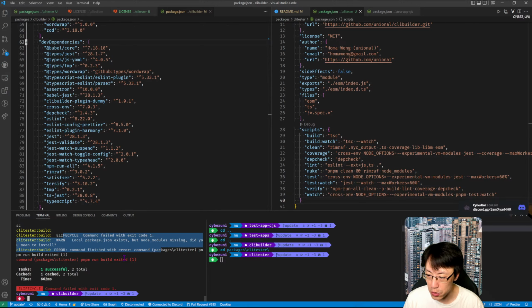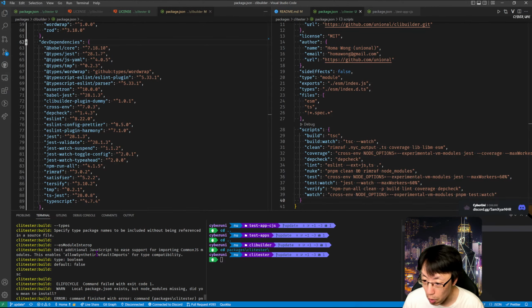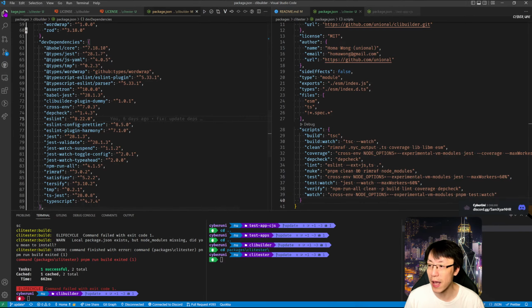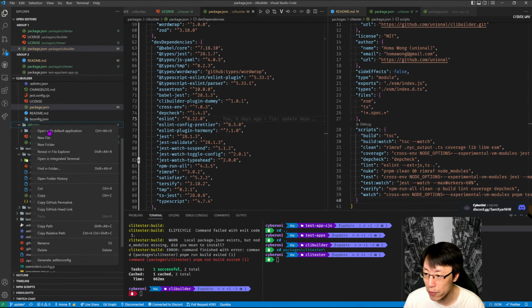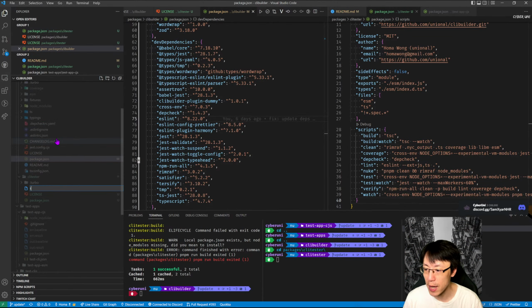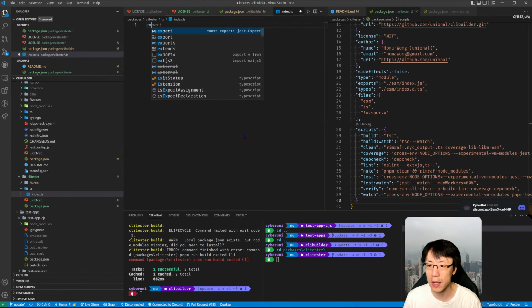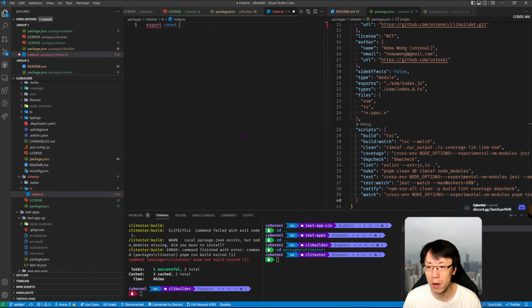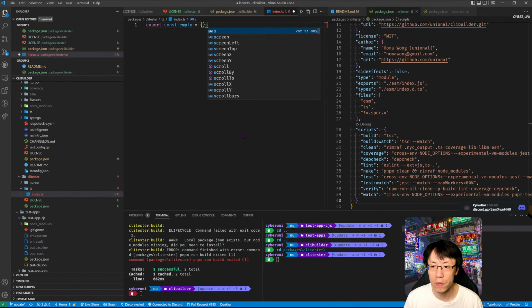Then it says local but that is missing. Do you mean to install? Oh, I don't even have any code yet in what I'm doing over here. So let me do that. index.ts, export const empty. So with that,